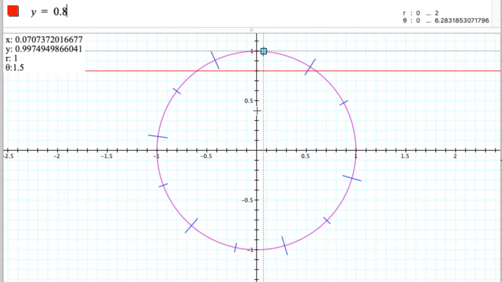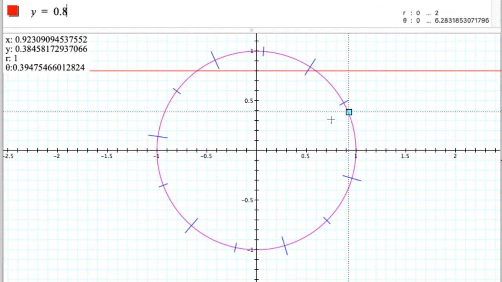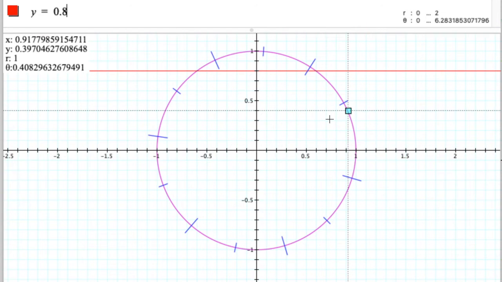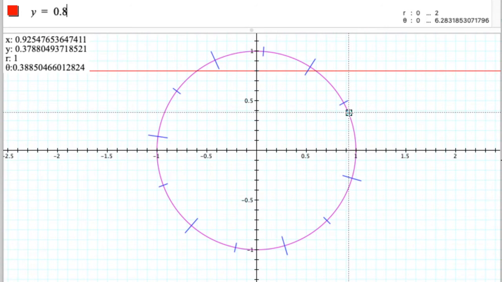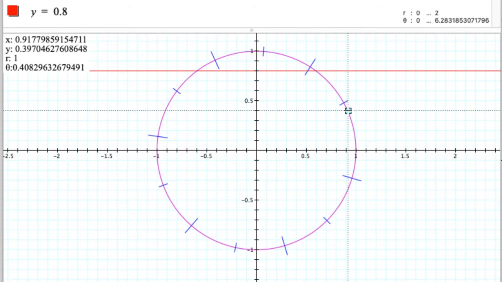That's right here, 0.4 on the y-axis. So if I bring this down to where y is equal to 0.4, that's pretty close. We get about 0.41 radians. And that's the answer for inverse sine of 0.4. It's right in there somewhere. So about 0.41 something. So you could get approximate values right off from understanding this circle, even if you didn't